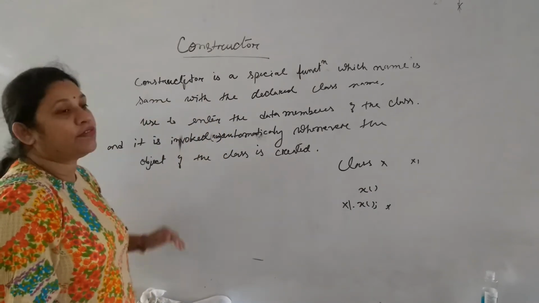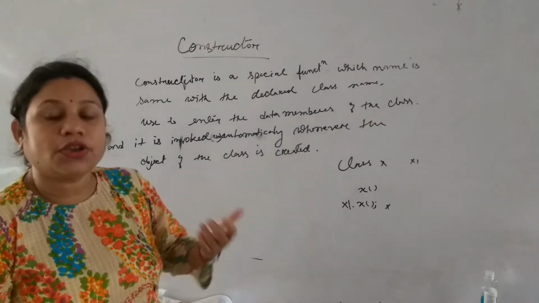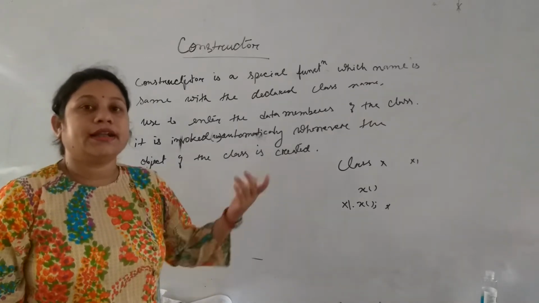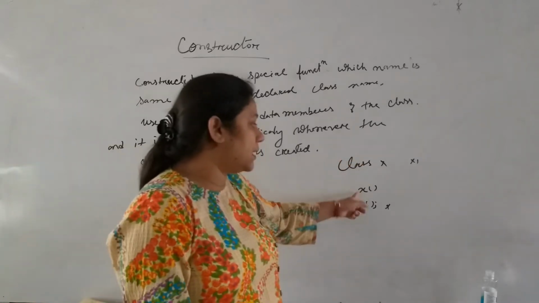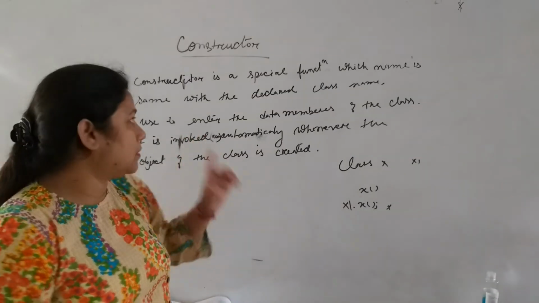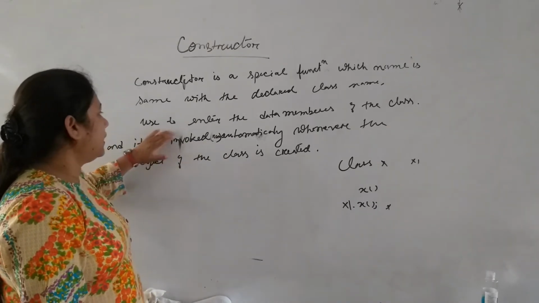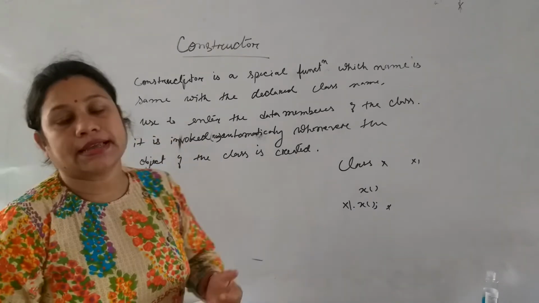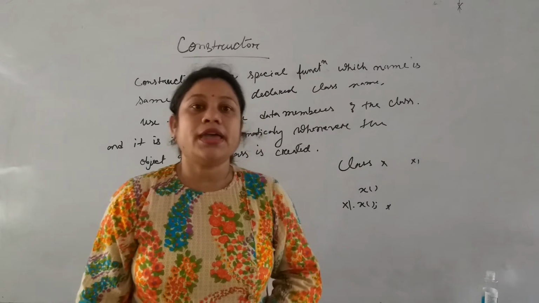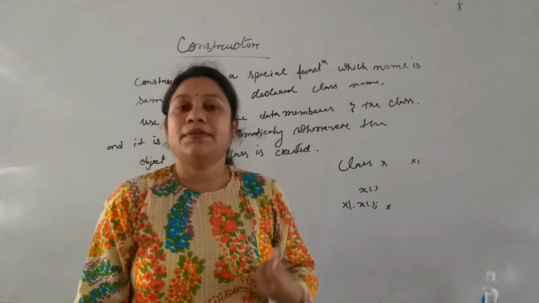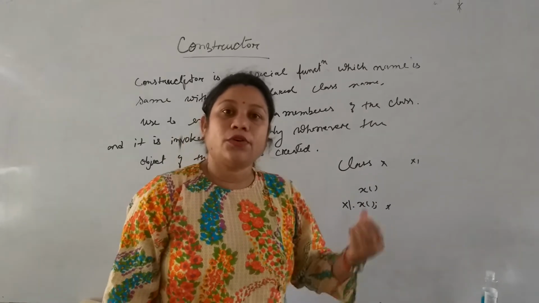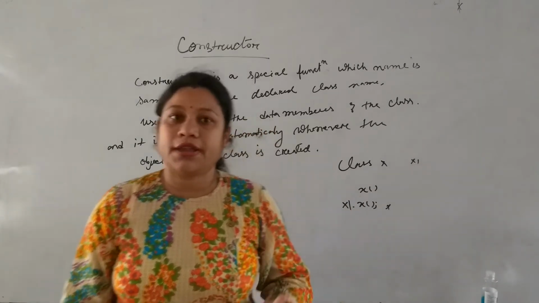Okay, now tamane moi tinta point disu. Prothom to hoise constructor function to a special function. Kihor kane etu special? Karon yar naam to class name or hoti eke hoy. Jodi class name to x hoy, then constructor function or naam to x hobo. The next point is used to enter the data member of the class. Our constructor function to use kora hoy eta class or kisuman data member thake, he specific data member bilakor data value kini enter koribor karone constructor function create kora hoy.